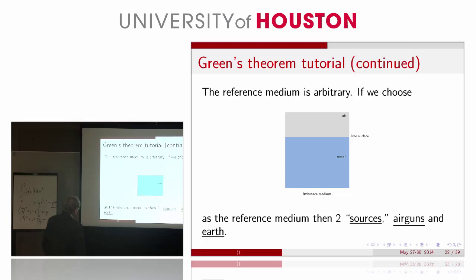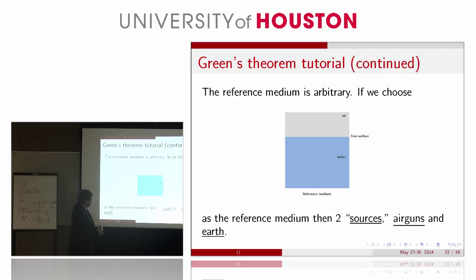Okay, so the reference medium is arbitrary. Make anything you want. The only commitment you have is that whatever you're describing has to be the world. Whatever you make the reference, then the reference plus your sources must be reality. So if you change the reference, you change what you consider sources. So for a certain application, for the application of separating the scatter wave or reflection data from the reference wave,